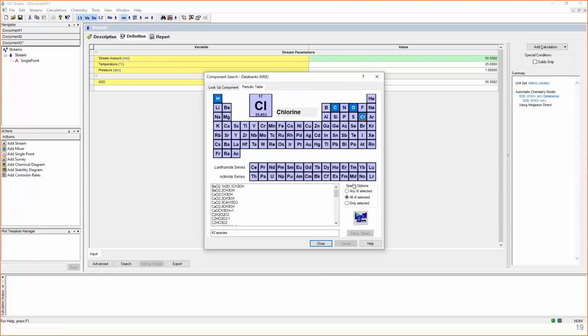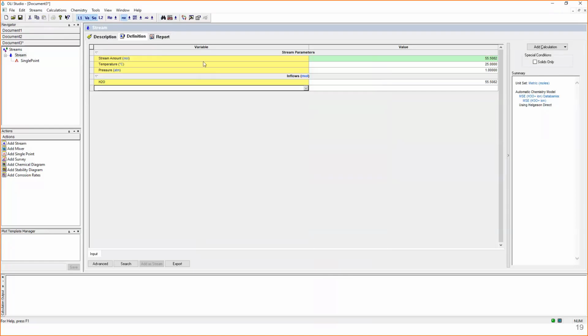Okay? So the search options is any of selected. So basically it looks for any of the selected elements here, or it has to include only the selected. So it reduces your search even better here. Okay? So that is important. I think it's important to know that that option exists. Okay. And the last two icons that we will be looking at, let me close here, is this